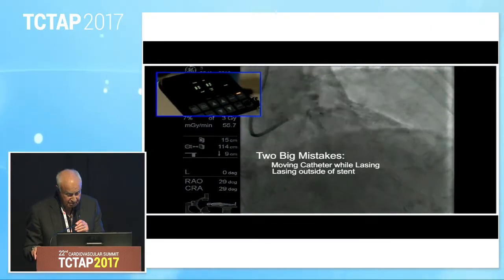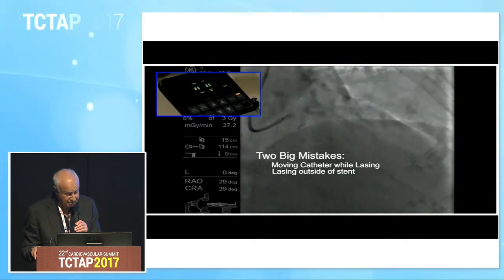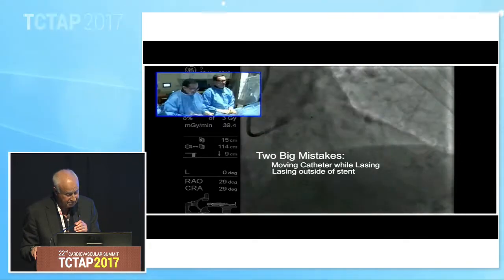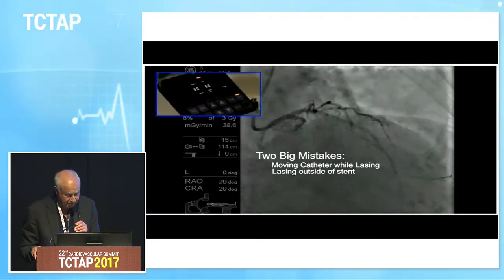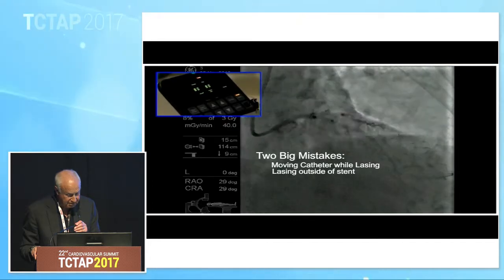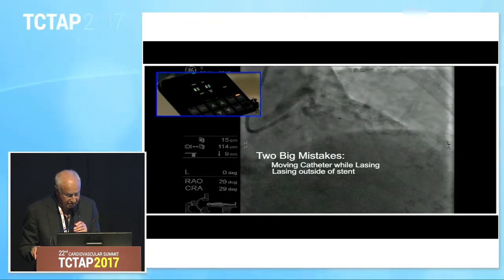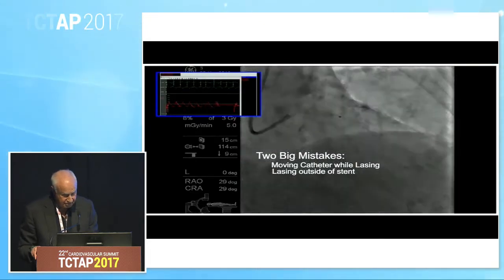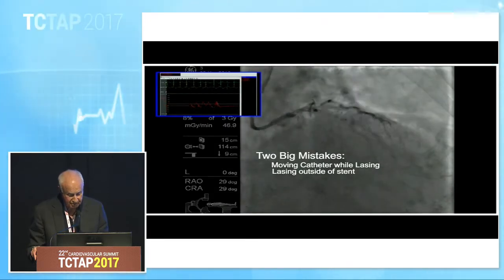All right, I'll try to narrate this. I was on the panel moderating this case and explaining what to do. But the problem is that the usual excimer laser technique is to advance the laser 1 millimeter a second during lasing. And that's not the technique for this procedure. You need to leave the catheter right in the middle of the stent and not move it when you're lasing. And the last thing you want to do is to lase outside the stent. So you'll see at the end this catheter goes distal to the stent. John Hodson was moderator at the time, and he mentioned that was not a good thing to do.